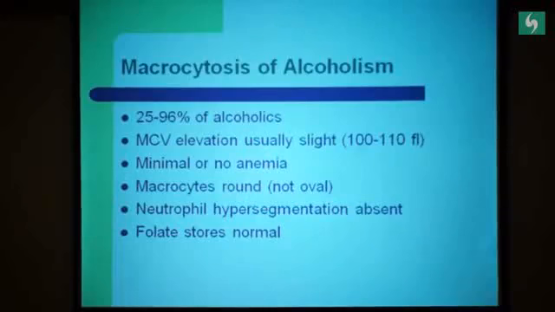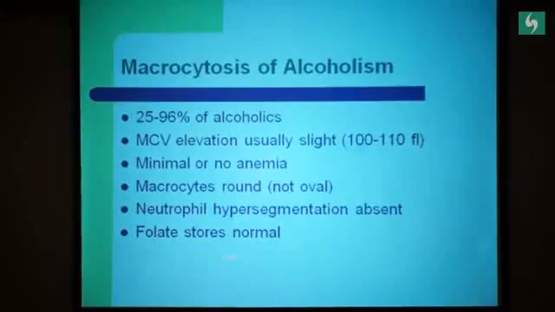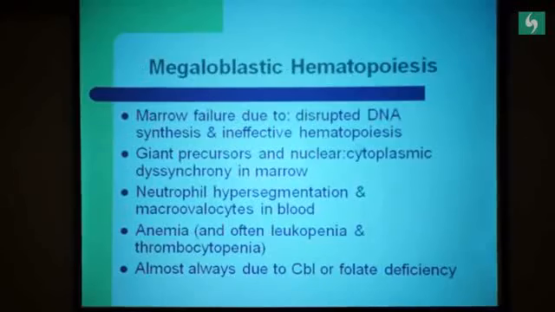Now, another hallmark of B12 deficiency is the hypersegmentation of the neutrophils. So if we see that, then we should think about B12, but other causes can be associated without hypersegmentation. What I mean by neutrophil hypersegmentation is that the neutrophils normally have less than 5 lobes. So if you see more than 5% of the neutrophils which have more than 5 lobes, or a single neutrophil which has more than 6 lobes, that becomes neutrophilic hypersegmentation, and it's a very, very sensitive marker of B12 deficiency. And suppose you have folate stores which are normal, even then macrocytosis can be present.